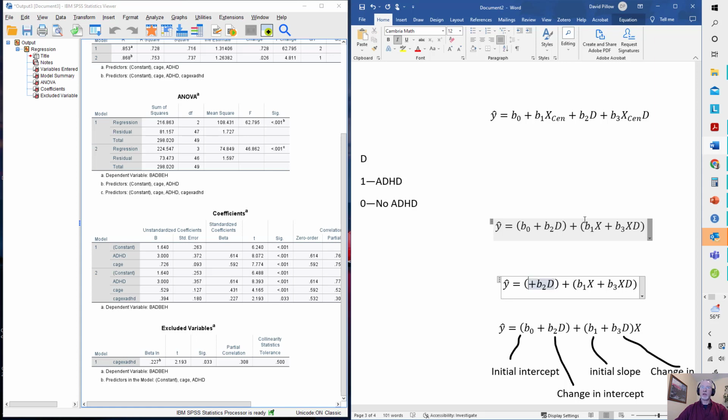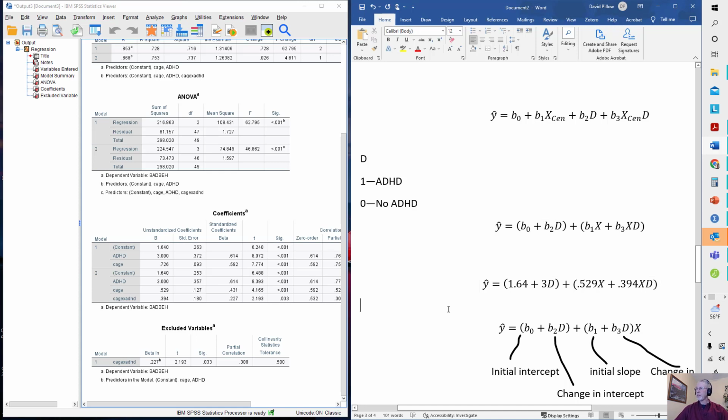So B0 ends up being 1.64. This is 3. This is 0.529. And this is 0.394. Okay. So there the values have been actually plugged in. So our equation is y hat equals